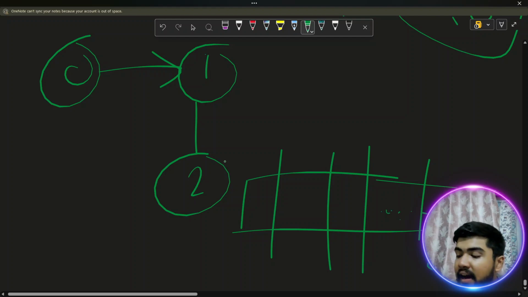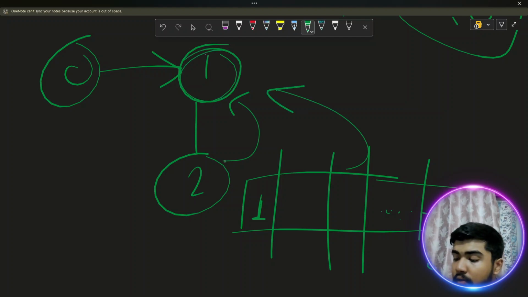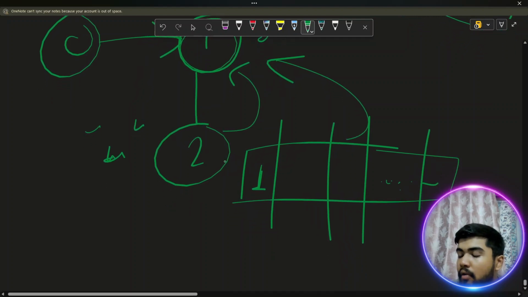So let's suppose 2 is colored as color A. So we are going to mark here that this color has occurred 1 time, and when we are going to backtrack, we are basically returning this list altogether to this node. And let's suppose this node is also colored as color A, and this is also colored as color A. So now it has found